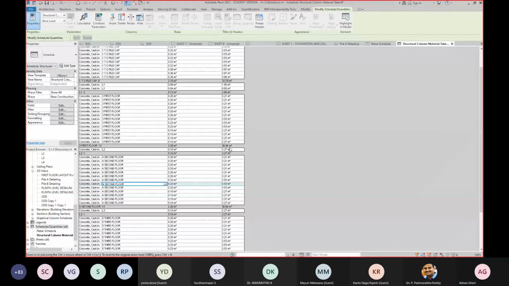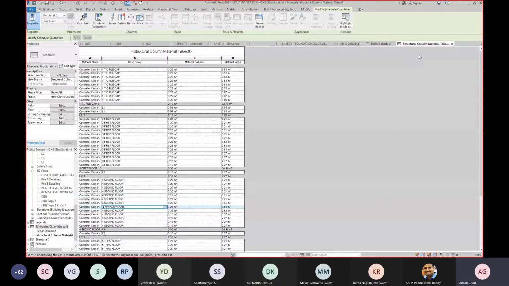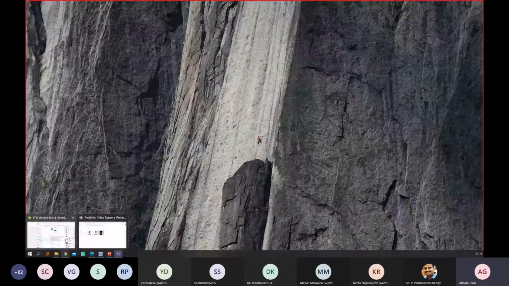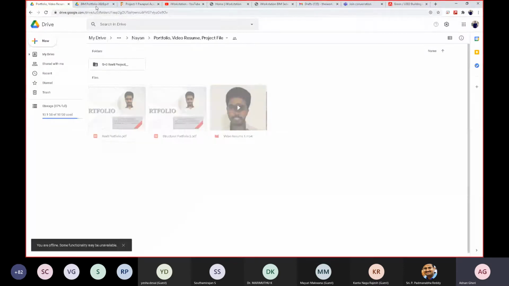Good enough. Now, if you want to export this into Excel, you can export it with certain plugins or add-ins, or you can export it into a TXT file and then convert it into an Excel. So that is also possible. Once this entire process is done, you make something called a master sheet or the master quantity takeoff.